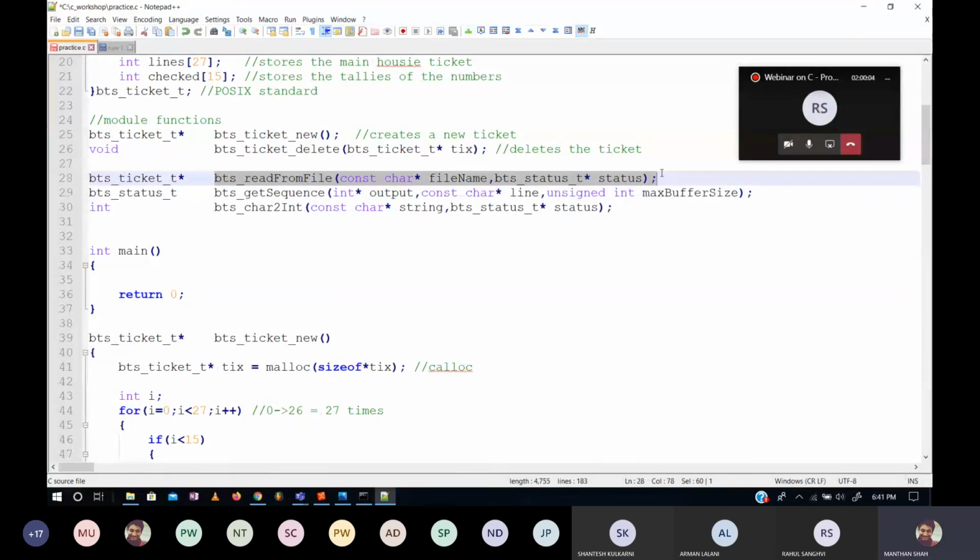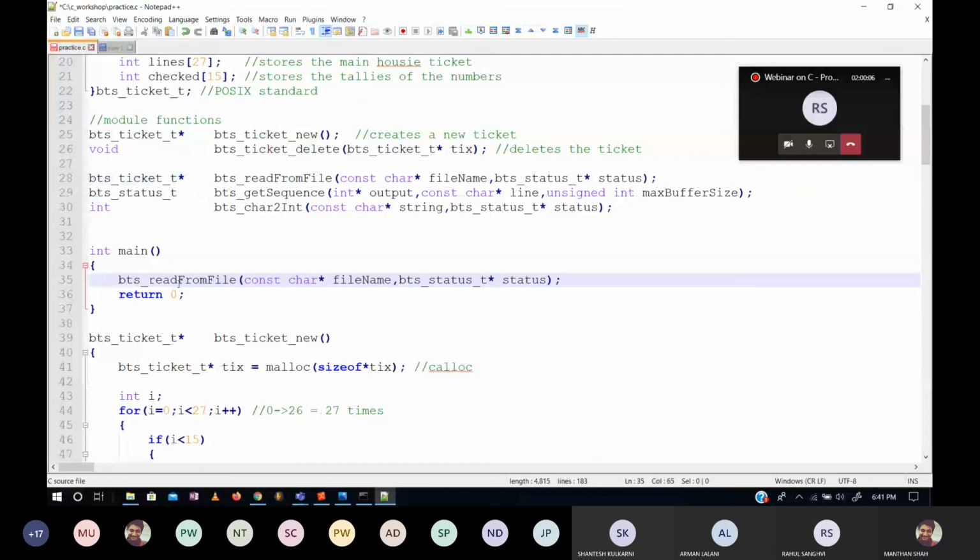We'll call this function in the main file, and we'll use the file name as ticket.txt.